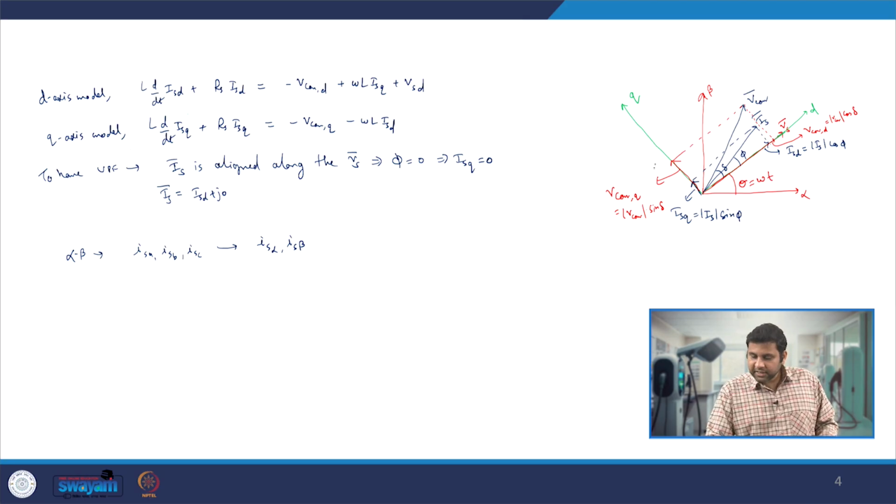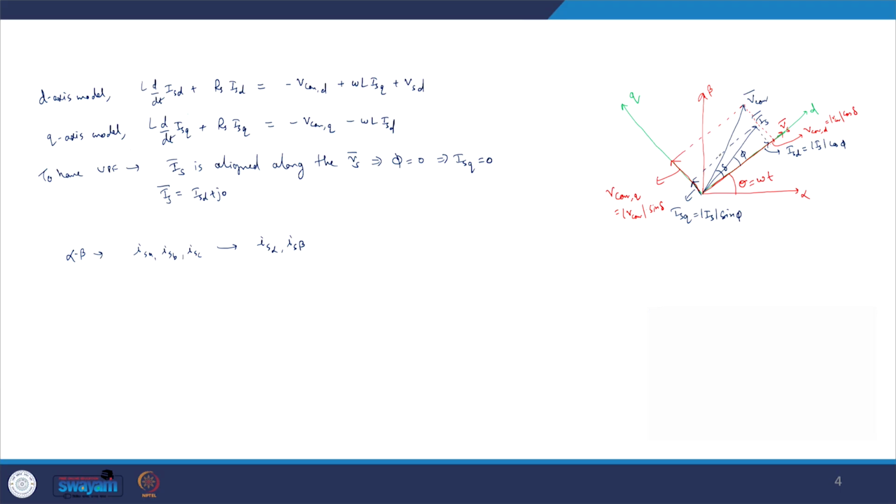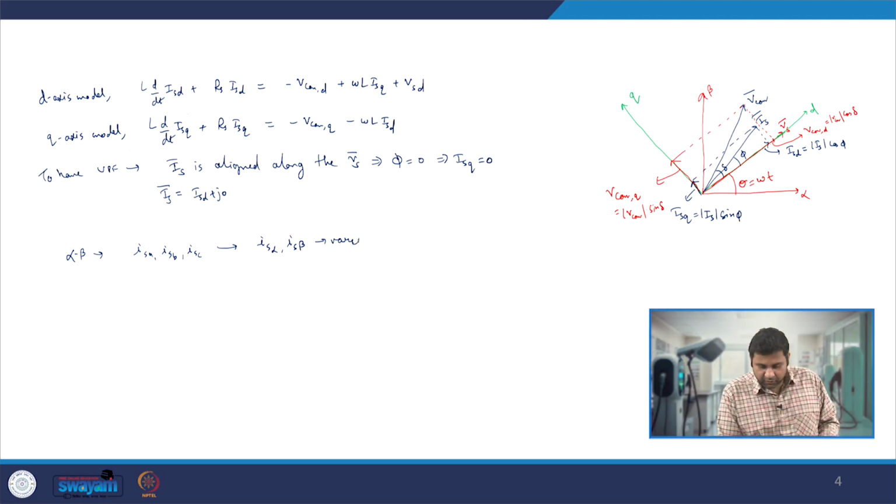Since it is rotating in space, if we look very carefully, the alpha component and beta component